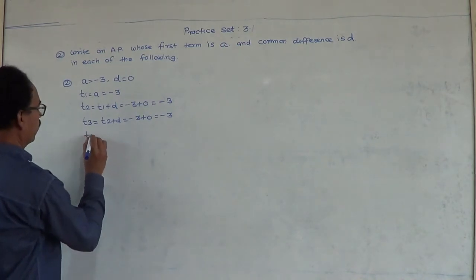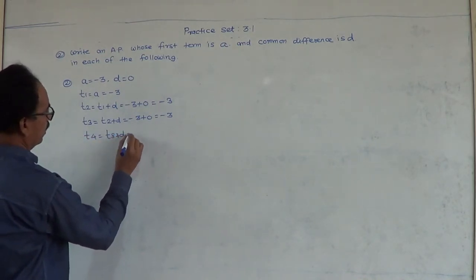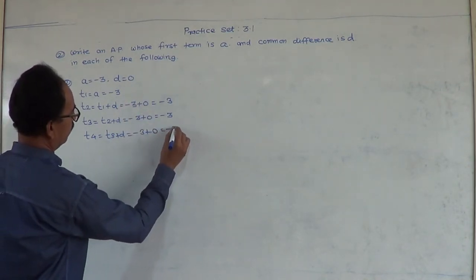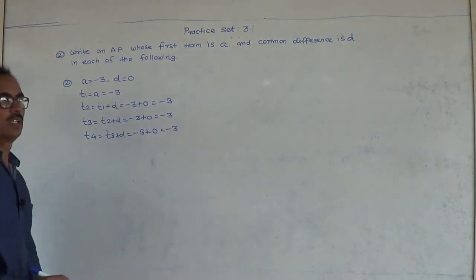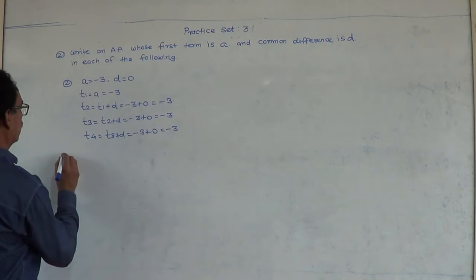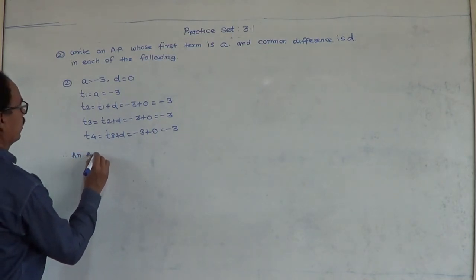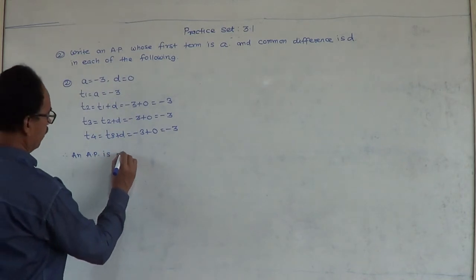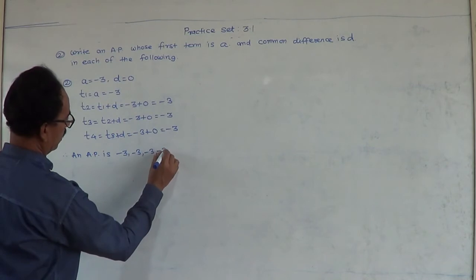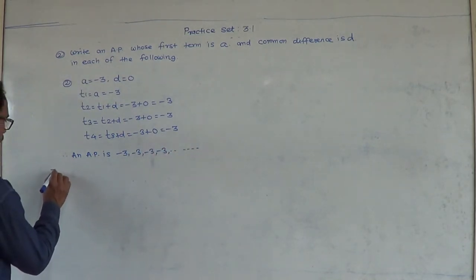To find out T4, T3 plus D, T3 is -3 plus value of D is 0, again we will get -3. So an AP will be equal to -3, -3, -3 and -3. So an AP is -3, -3, -3, -3 and so on. Number 3,